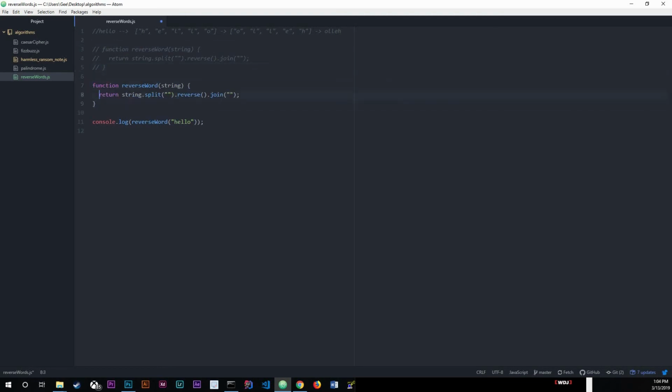Now, this is going to be the decrementing for loop. So we need to create a variable, var newString. We're going to set that equal to an empty string right now. Now we're going to do a for loop for var, and since this is going to be a decrementing for loop, we need to get this variable. It's not going to be i equals 0. It's actually going to be i equals the string length, so string dot length